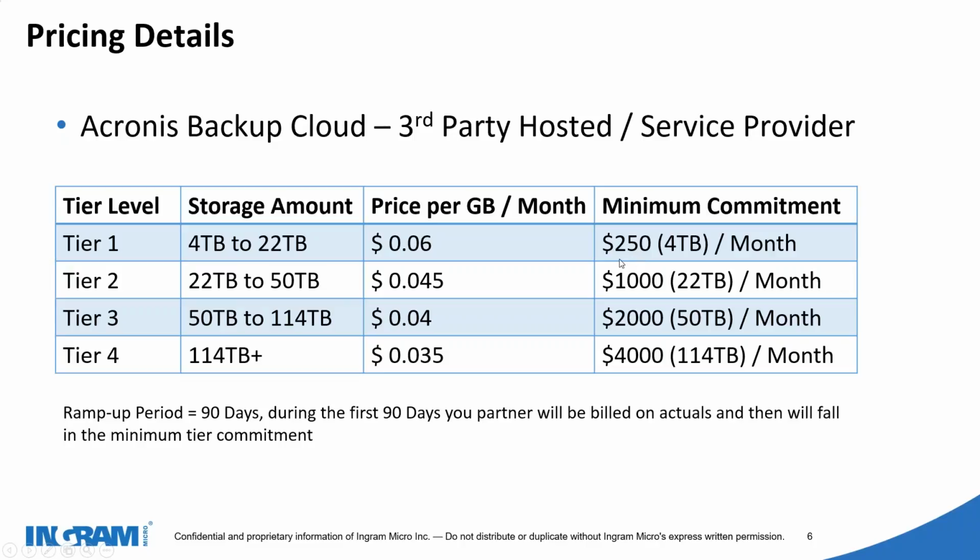However, all those partners who are starting fresh for the first time, there is a 90 days ramp up period, which means in the first 90 days the partner will be billed on actuals and then will fall into a minimum tier commitment. What does this mean? So you have 90 days to really sell up to 4 terabytes, but if you fail to sell up to 4 terabytes in the first 90 days, you will be billed on actuals, which means if you're consuming only 1 terabyte of storage, no problem, you will be billed only 1 terabyte,